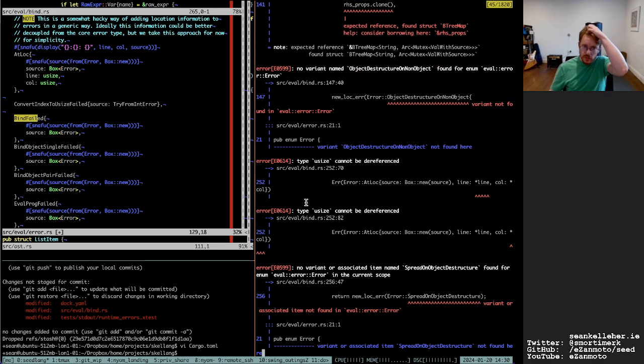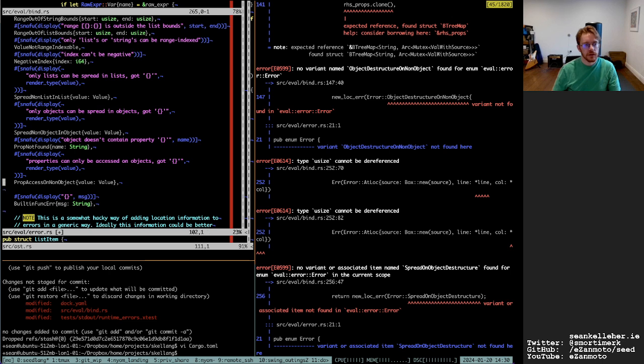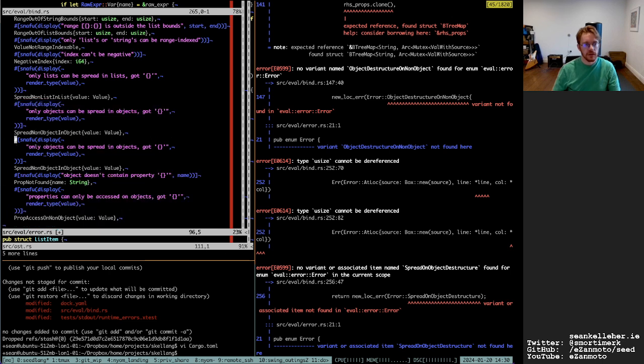Some other variants, so object destructure on non-object. Yeah, so that should do it for that.